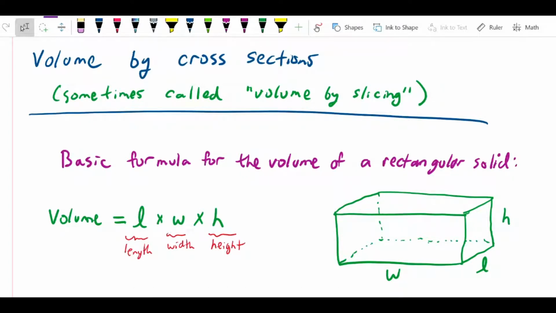The topic is volume by cross-sections, which we sometimes call volume by slicing. You'll see why we use the term slicing in a minute. In order to start understanding volume and how that fits into integrals, let's think about the most basic formula